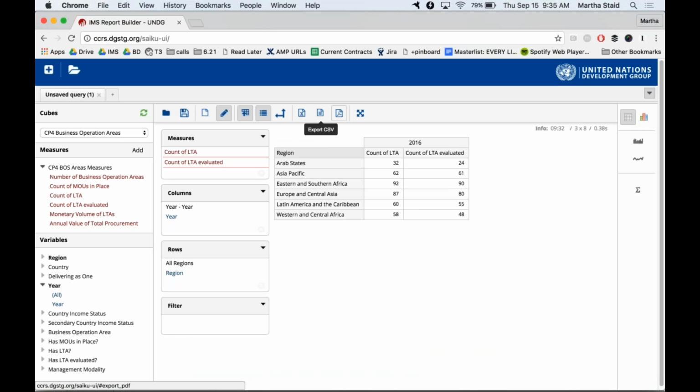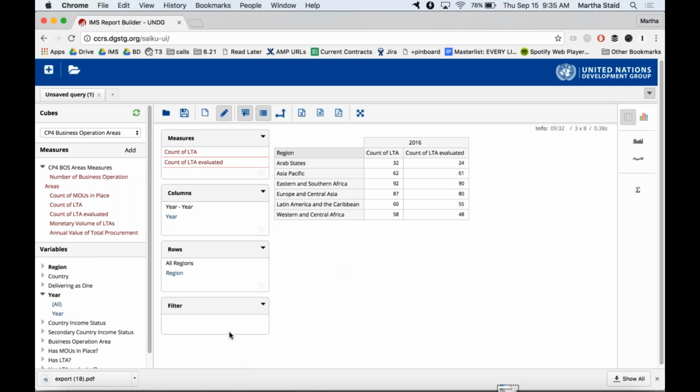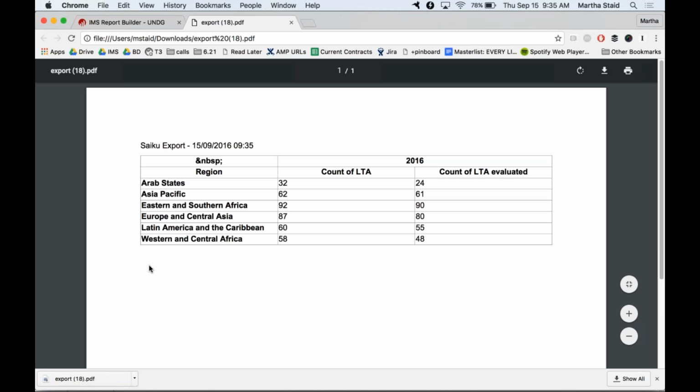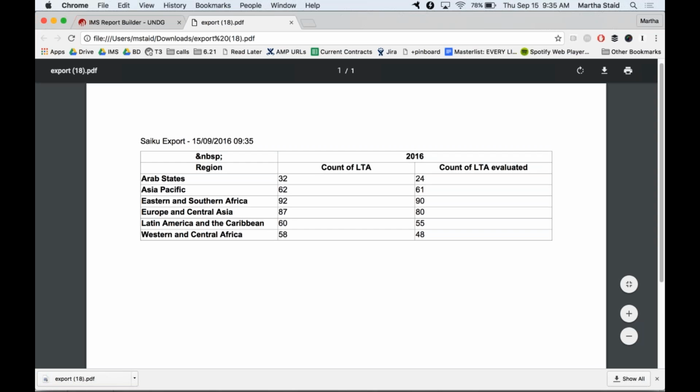It's also possible to download it as a PDF. Very wide tables, if you've put in a dozen different measures and variables, aren't necessarily going to work well as a PDF. In that case, you would just want to generate an Excel download because an Excel file can, of course, be extremely wide. A PDF is limited to what can fit on one screen. But in this case, we have a nice small table. We go ahead and click download of PDF, open it up, and there we have our same piece of information, our same set of data from the table.